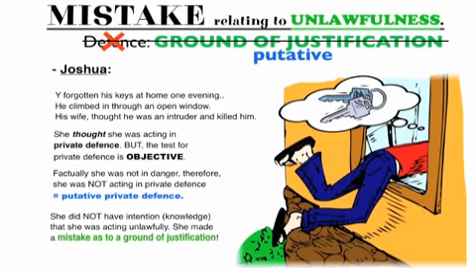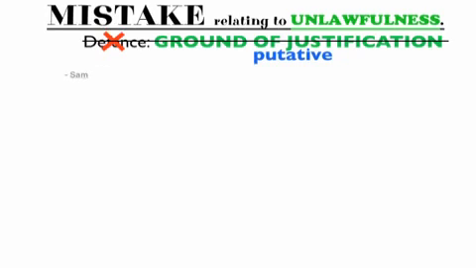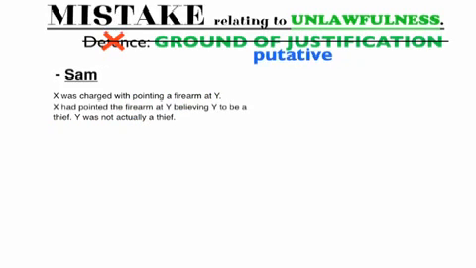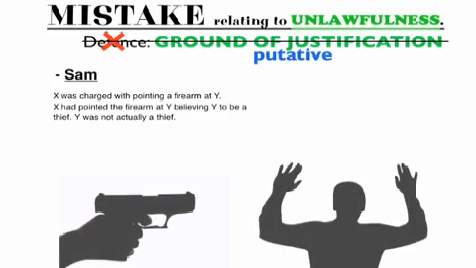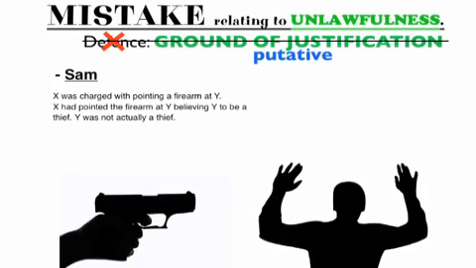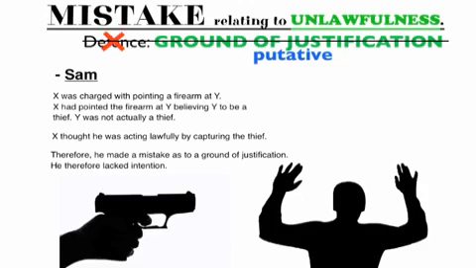Let's look at another case of a mistake relating to unlawfulness. In the case of Sam, X was charged with pointing a firearm at Y. X had pointed the firearm at Y, believing Y to be a thief. Y was not actually a thief. X thought that he was acting lawfully by capturing the so-called thief, and therefore he made a mistake as to